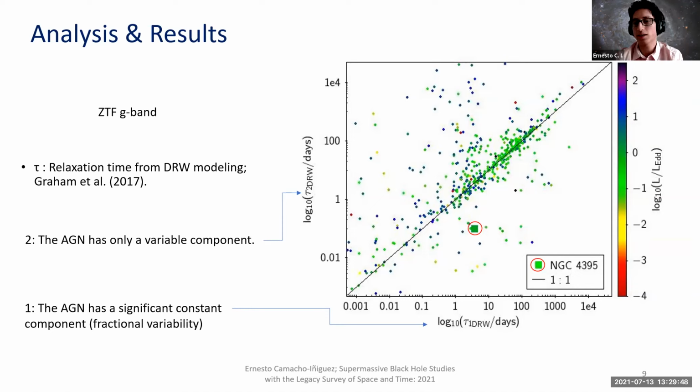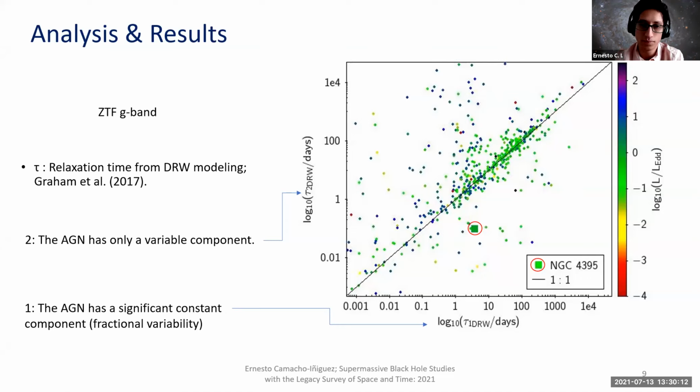One is that we expect that the sources with higher Eddington rates will have lower variabilities, lower amplitude of variabilities. Or it could be that since these high Eddington rate sources are related to lower mass black holes, it might be that these estimations of these particular sources are not as reliable